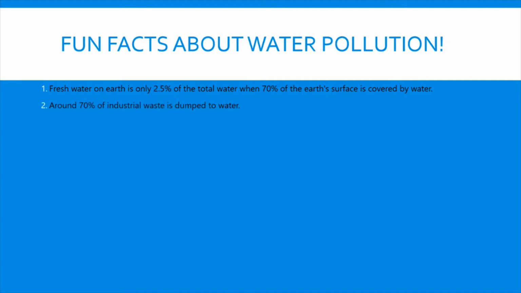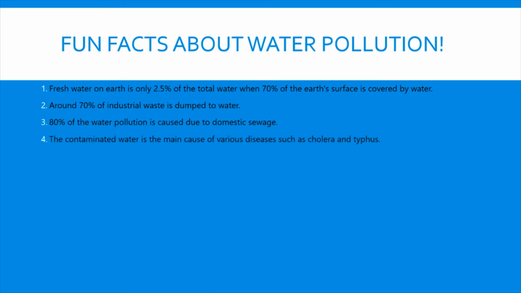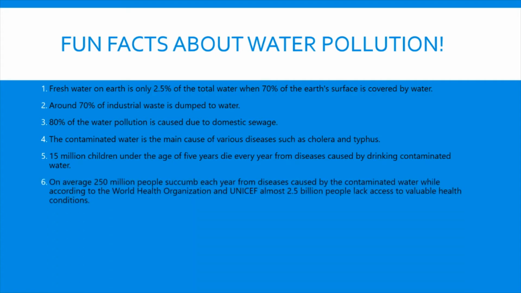Around 70% of industrial waste is dumped to water. 80% of the water pollution is caused due to domestic sewage. The contaminated water is main cause of various diseases such as cholera and typhus. 15 million children under the age of 5 years die every year from diseases caused by drinking contaminated water. On average, 250 million people succumb each year from